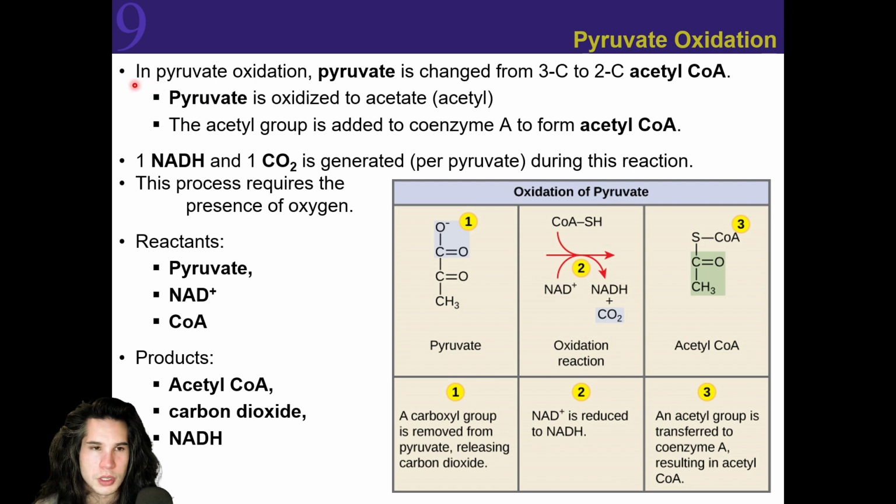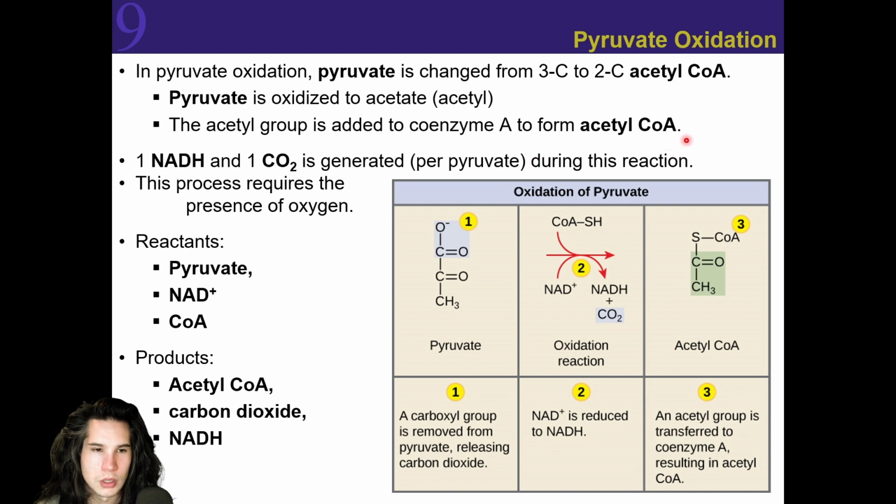Okay, so the first step is going to be pyruvate oxidation. Again, this is going to happen in the matrix of the mitochondria. And what's going to happen is pyruvate will eventually become oxidized. It's going to lose electrons. So pyruvate is changed from a 3-carbon molecule to a 2-carbon acetyl group, and then bound to a coenzyme A molecule. So pyruvate is oxidized into acetate, or an acetyl group,